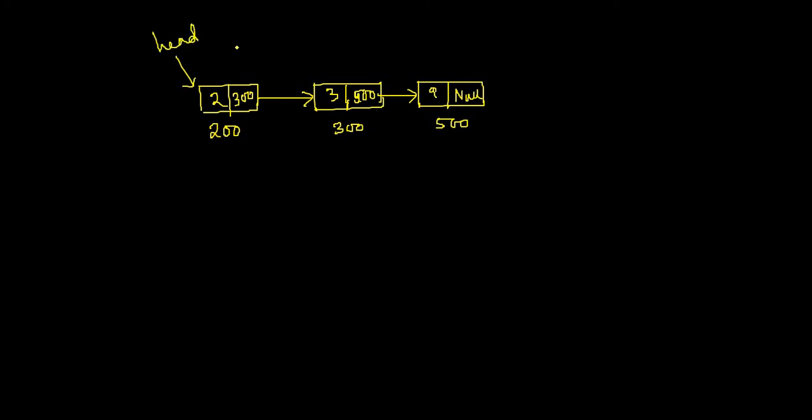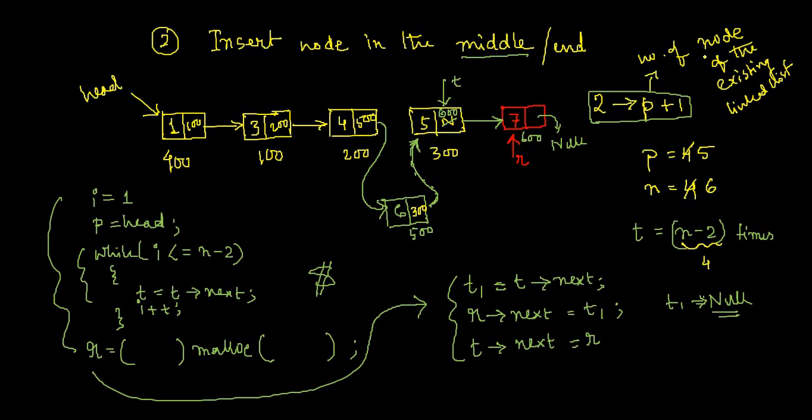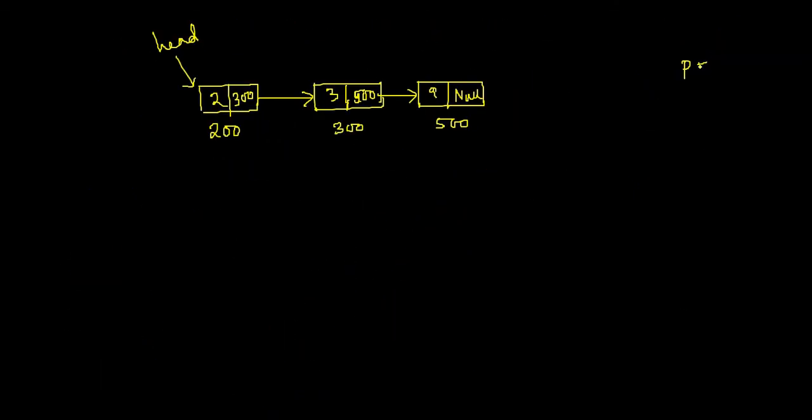You don't need to think about the temporary pointers. So now you want to delete the last node. So in this situation, we consider the total number of nodes by what? By P. Yes, P. P was the total number of nodes. P was actually here 3, right? And the position that you want to delete is also 3, right?